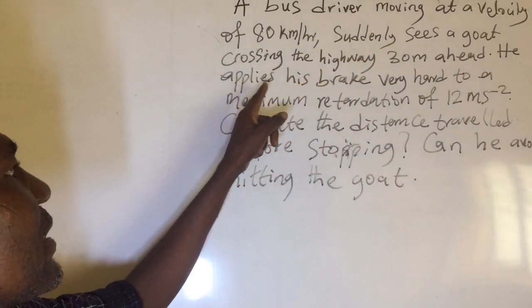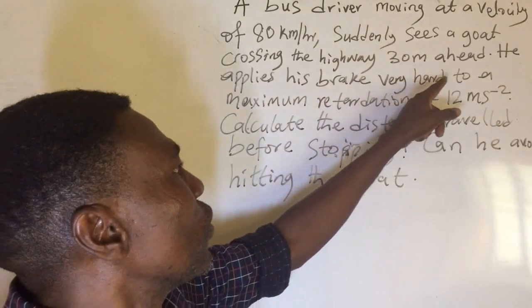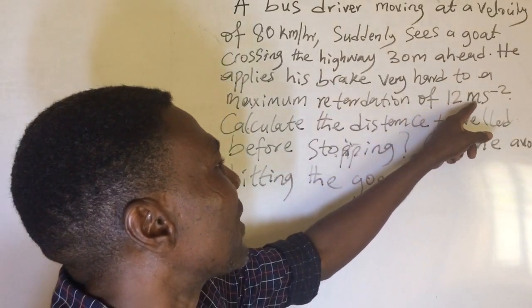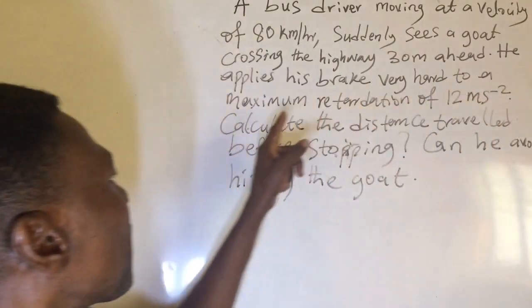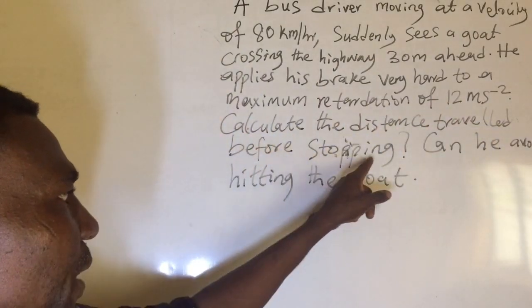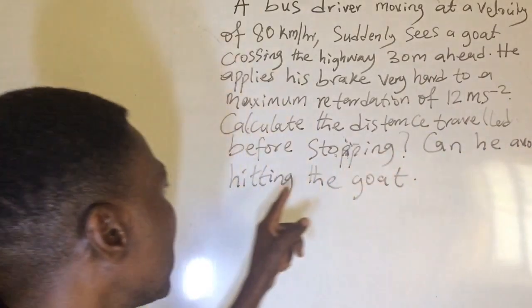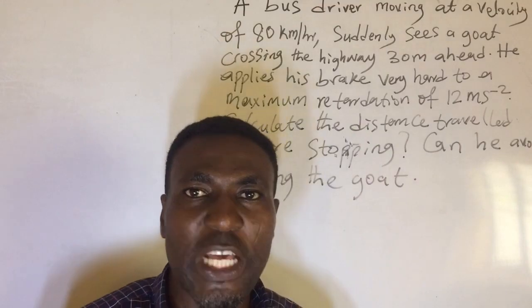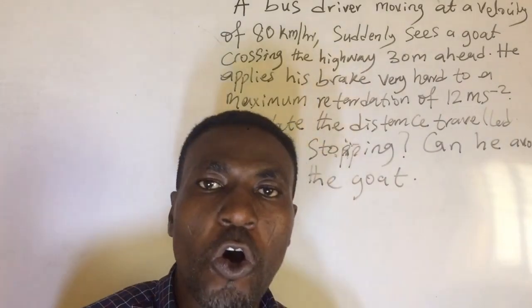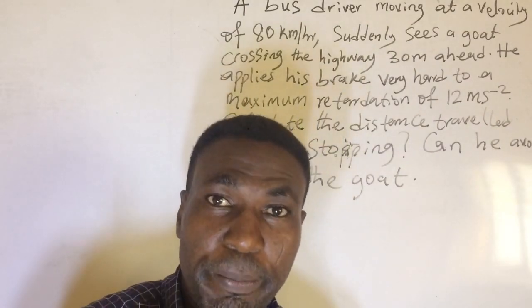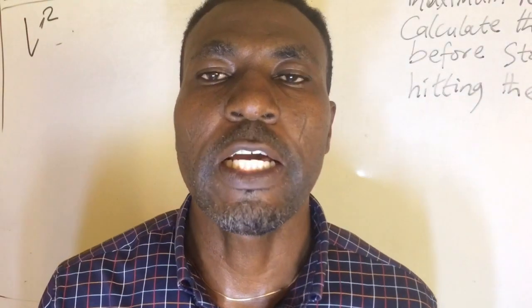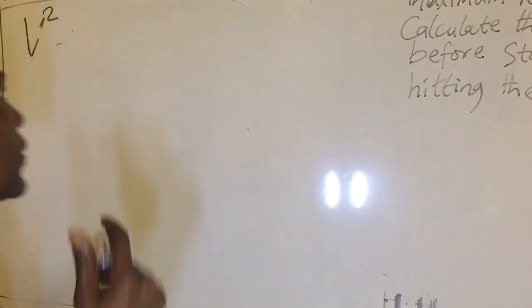He applies his brake very hard to a maximum retardation of 12 meters per second square. Calculate the distance traveled before stopping. Can he avoid hitting the goat? So let's quickly solve it to know whether he hit the goat and kill it, or he stops before hitting the goat. Let's use one of the motion equations which says